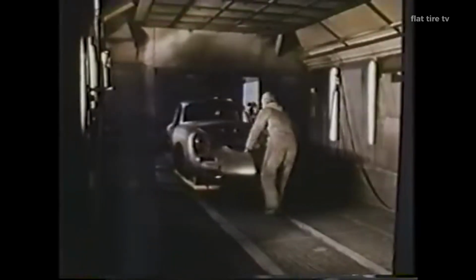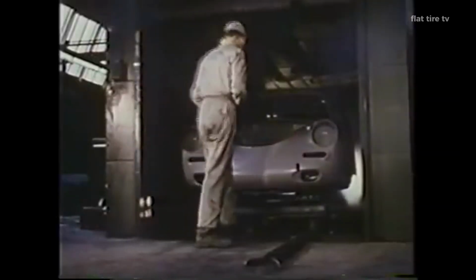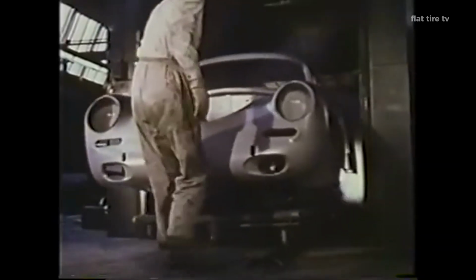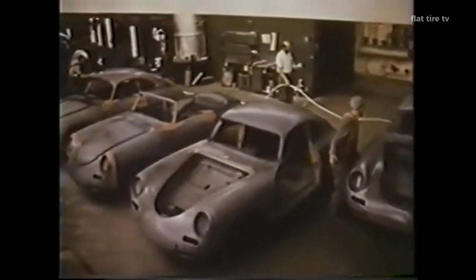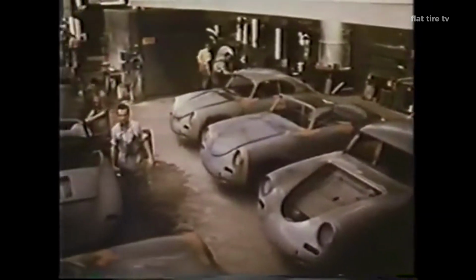The body panels were fitted with such precision that it was said that a drop of water could not pass between them. This obsession with quality set a standard that would define the brand forever. The braking system evolved with each model, culminating in the 356C with four-wheel disc brakes, an innovation that significantly improved safety and performance. When production of the 356 ended in 1965, Porsche had built